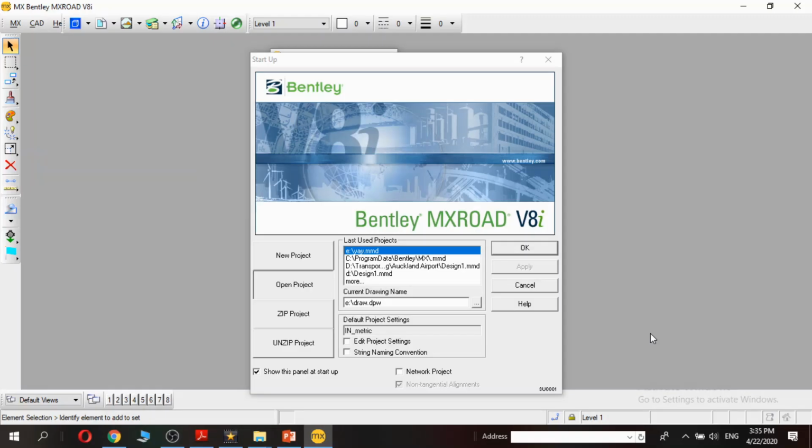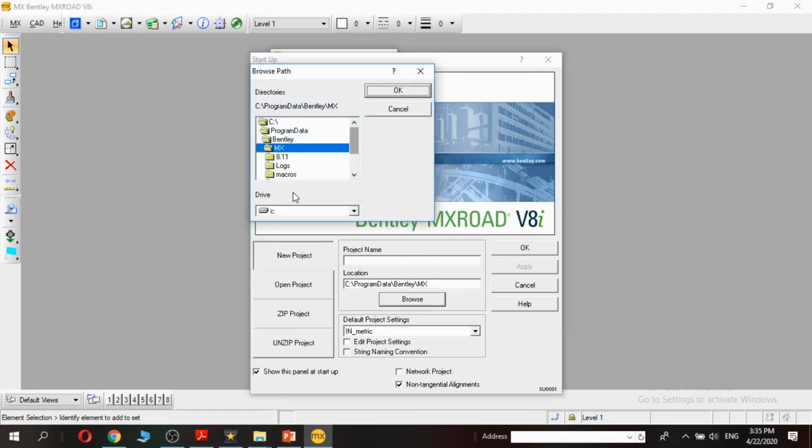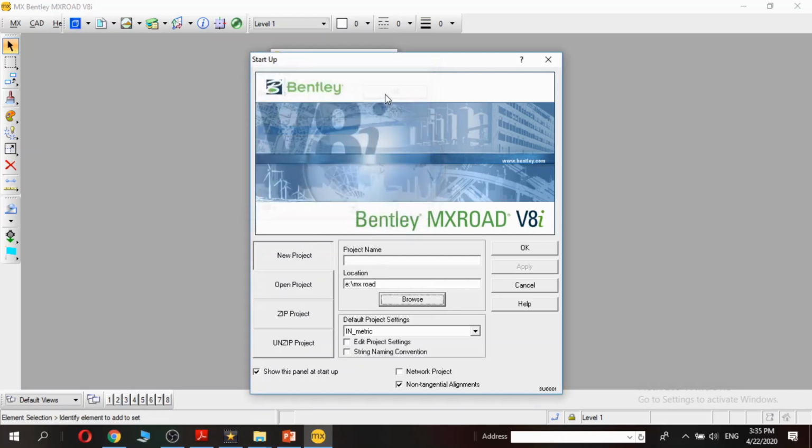As soon as you open MX Road, you'll get a startup window which asks you to either open a project already created or create a new project. So suppose I'm creating a new project, it asks me to give a project name and specify the location of the project. So I'm going to specify a location of the project, and I'm giving the project name as design. Once I give the project name and the location,